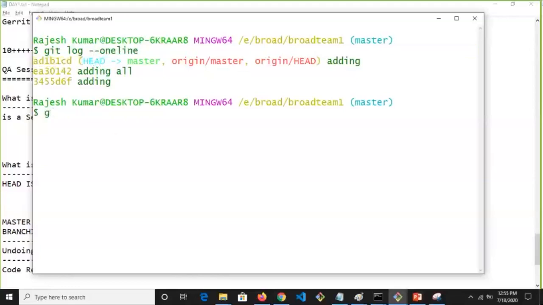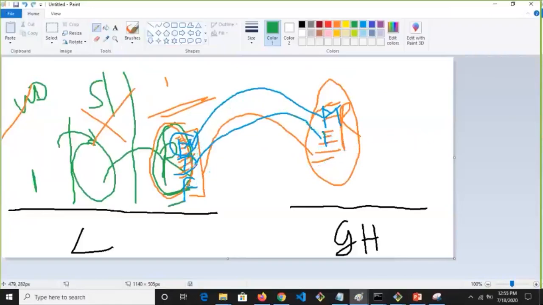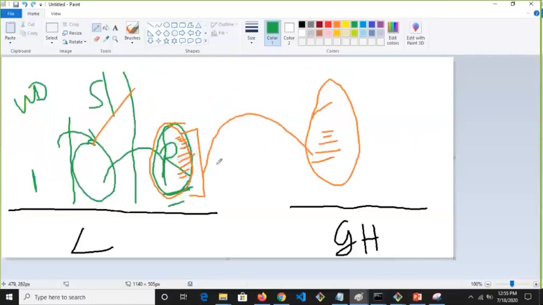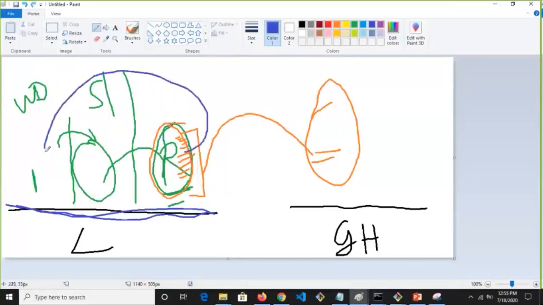But if I check out the older version, see here, you keep pushing changes. Think about only the laptop, guys. You keep pushing changes here all the time, so the version is here, right? Sometimes you want an older version in your workspace. This is called the checkout process. From here to here, it travels by add and commit. From here to here, we call it the checkout process.